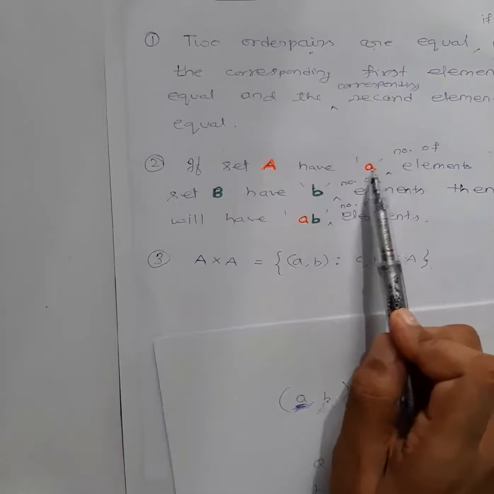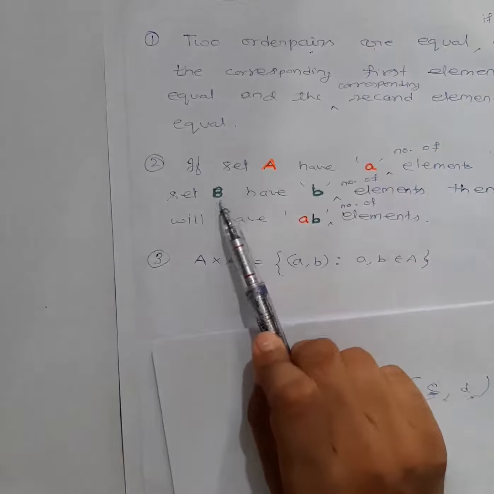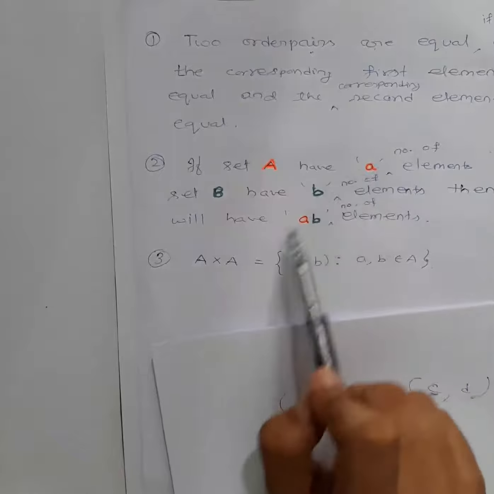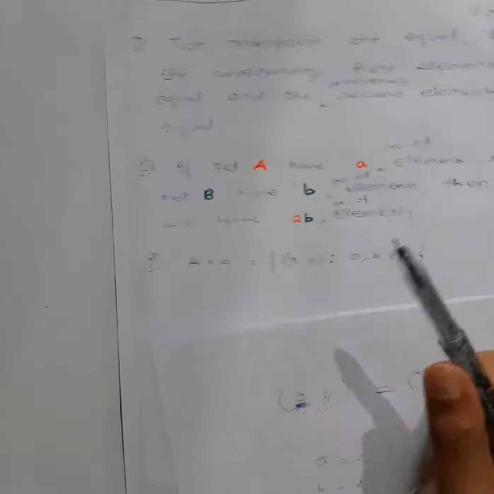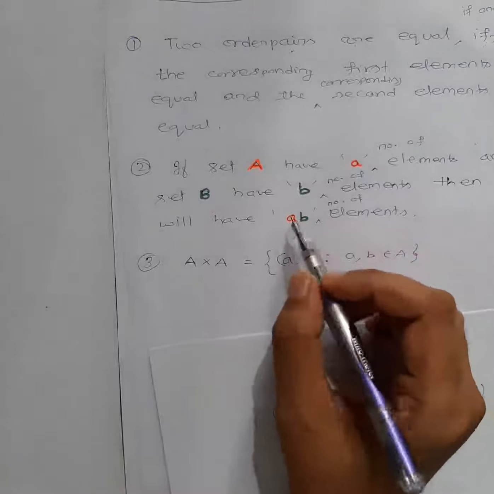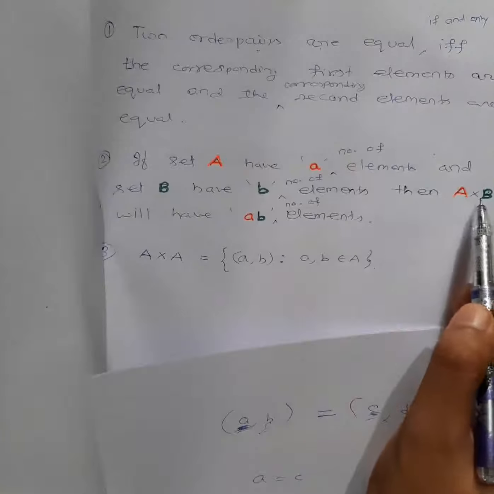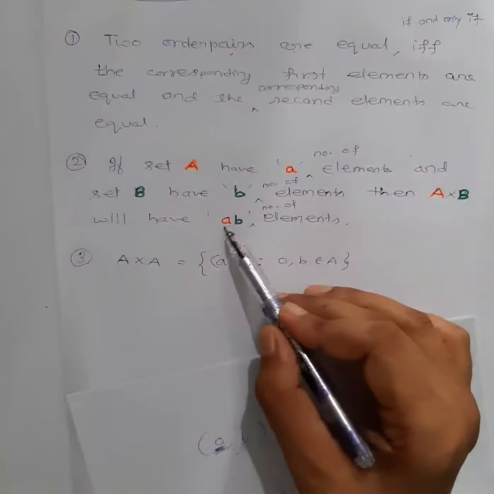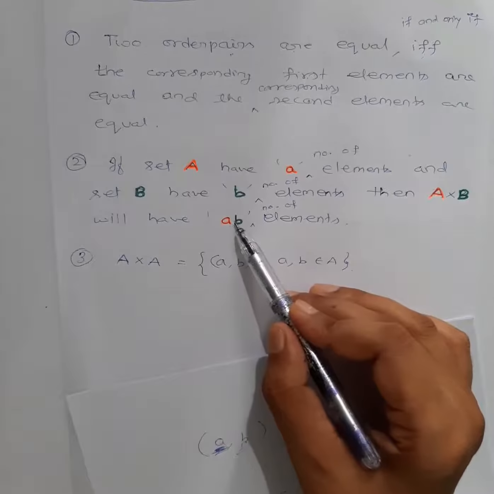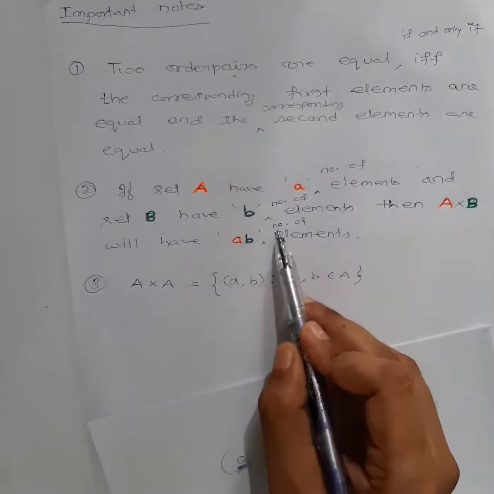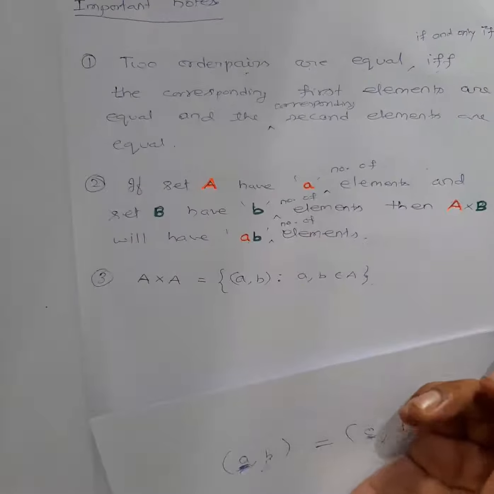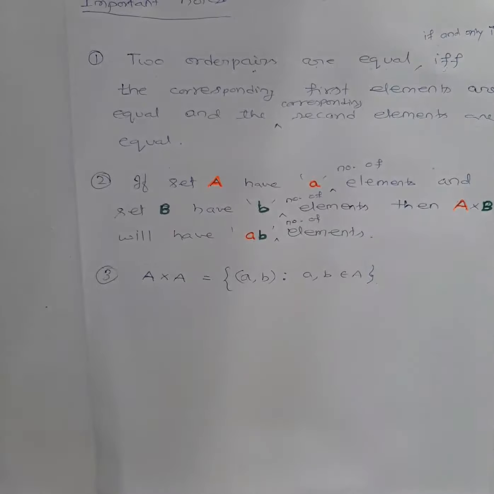I have already told you, right? Whatever number of elements this set will have and this set will have, just multiply those numbers; that is the number of elements A cross B will have. So it is a into b. I have not used the symbol for multiplication here, otherwise you might get confused between this notation and the multiplication. This is ab. When I write ab, you know there will be a multiplication, a product, in between. So a into b is the number of elements. I have also given you the example, so I hope you don't have any problems here.